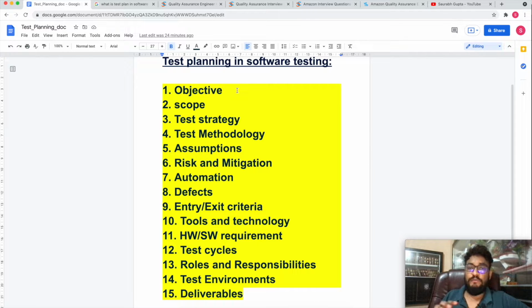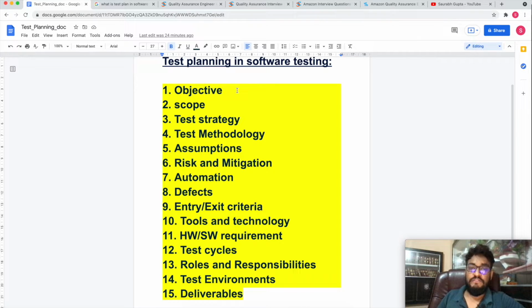So in scope you can mention that automation will not be in scope. Third, you can mention that performance testing will not be a part of this particular test plan, because we do performance testing when the application is stable. If you are creating a new website, probably for the 1.1, 1.2 or 1.3 builds, performance testing will not be a part of these releases, right? So you can explain this to them. It depends on whatever scenario you get; these are high-level bullet points only, so you can speak on these kinds of headings, right?